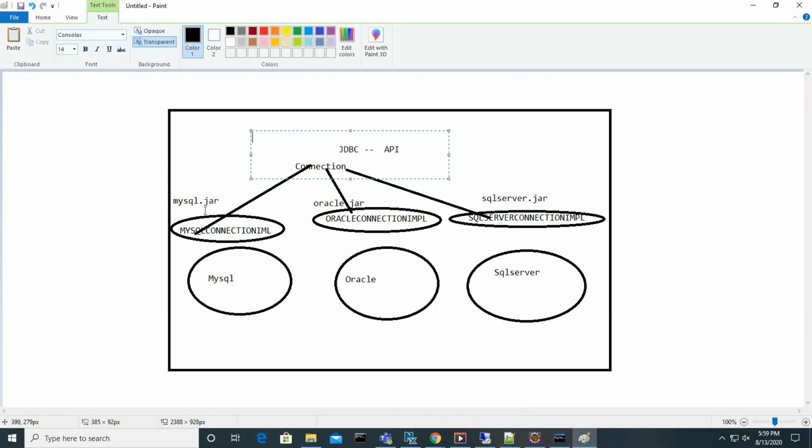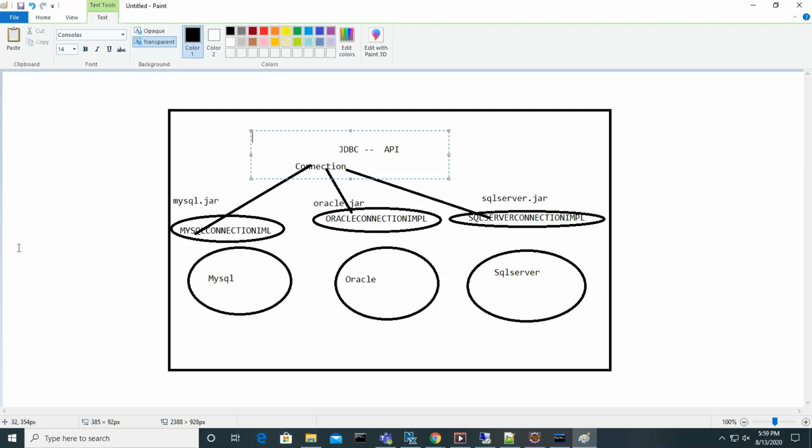MySQL.jar, sir. mysql.jar, because the mysql.jar has the implementation of how to deal with that particular database. You cannot use oracle.jar for a MySQL connection, because that logic won't work. But every jar is implementing which API, guys? The JDBC API. I took one example here, Connection. They will implement all the interfaces in the same way.